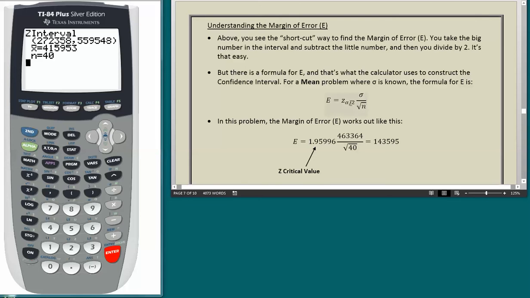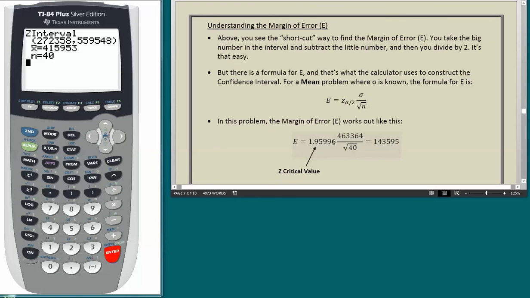In other words, the value we substitute for these things. I'm going to talk about the critical value in a minute, but let me go to these things first. Sigma is easy. The problem gave it to us: 463,364. The square root of n is easy. The problem told us that n is 40. So that's the easy part. The tricky part is this thing called the critical value, or Z alpha over 2. That works out in this case to